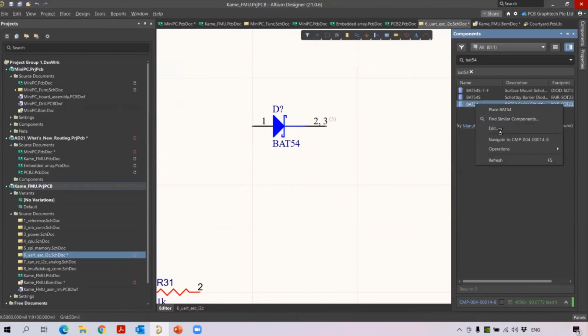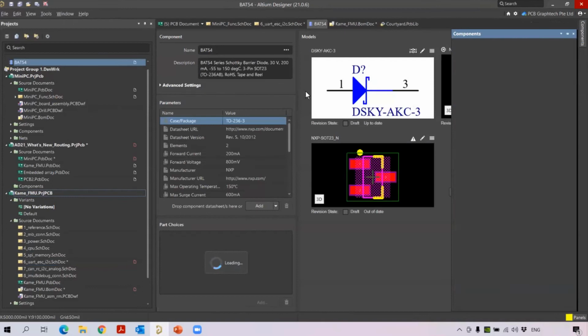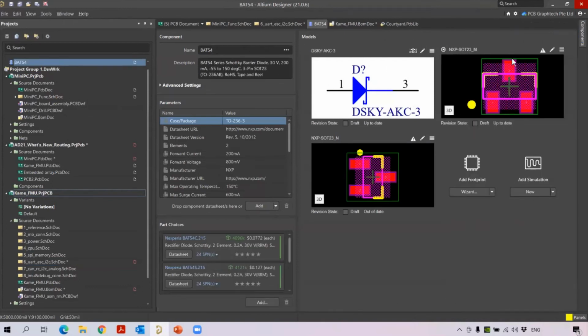When you go for edit, you will be able to see the single component editor. This is called the single component editor inside our server. So you will see the name, the description, the parameters of the component, and then you can see the symbol and the footprints. I have 2 footprints here and I want to do the mapping. You can see I have only 2 pins, but if you see the footprints, I have 3 pads. So I can use the short circuit of the 2 pads in the 2 cases, and then I can use 1, 2, 3 or 1, 2, 3, anything. It's based on the designer usage.